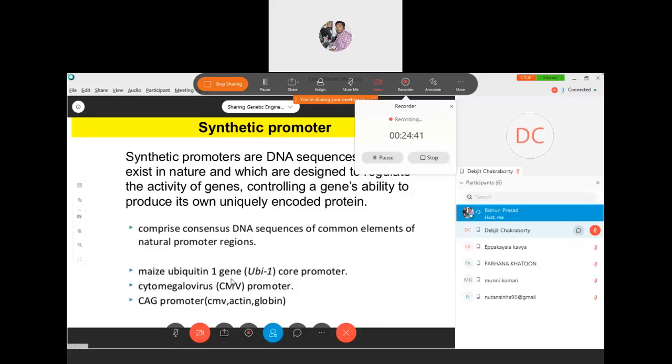In the coming lecture, we will see restriction endonucleases. Restriction endonucleases bind to the double-stranded DNA and cleave it, where they find the recognition sequences. They bind to the recognition sequences present in the DNA and cleave it. Restriction endonucleases are also known as molecular scissors. They cleave the phosphodiester bond. This is one very important recombinant DNA tool.